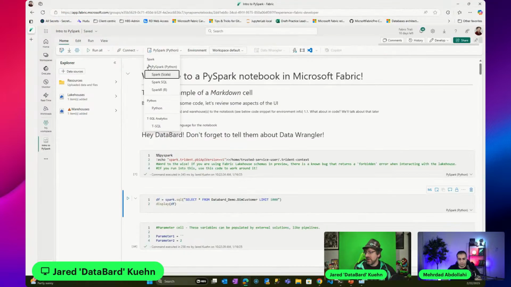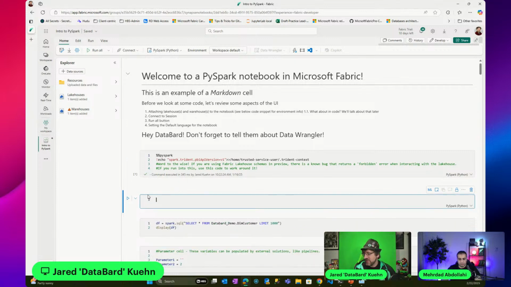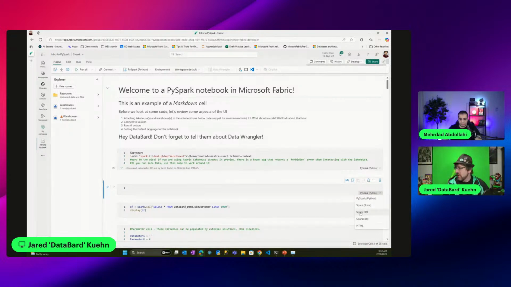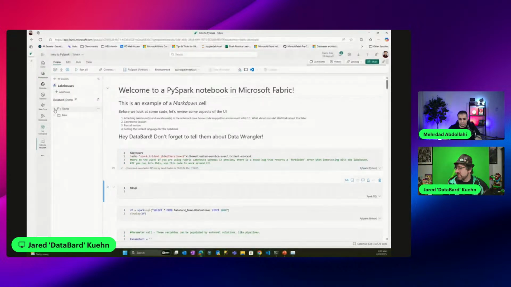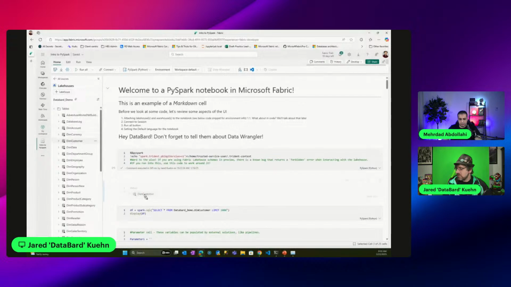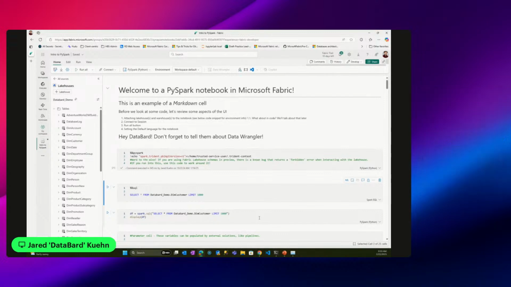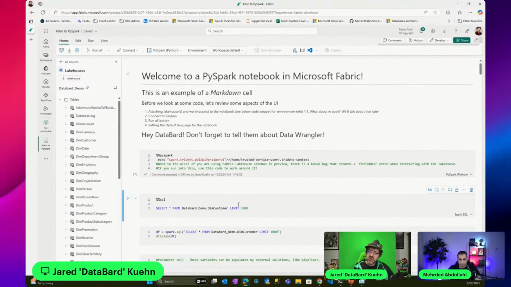Now, this is only for selecting the default language, which I can see reflected in the fact that if I scroll down here, I can see PySpark, PySpark, PySpark. Another benefit of working with Jupyter Notebooks, though, is I could take something like adding a new cell, and I can change the language just for that cell if I wanted to. So maybe I want to bring in dim customer here. I can do that same experience, and it knows which language I'm expecting to work with. So you can change languages depending on what you want to do.